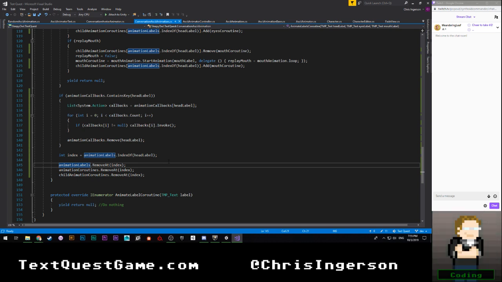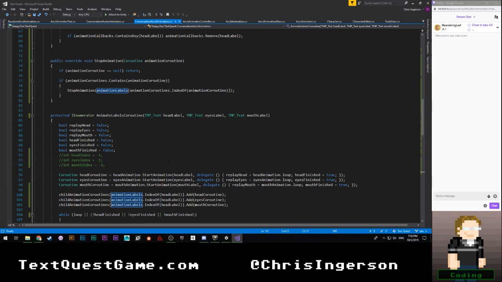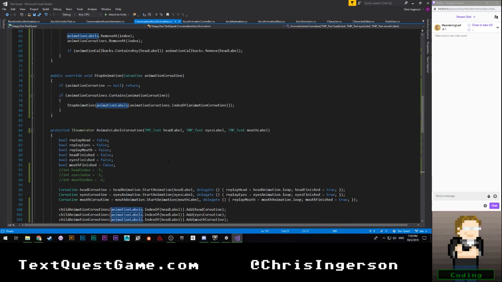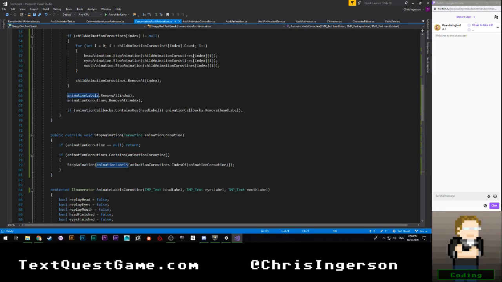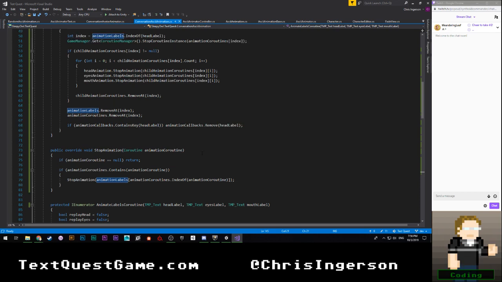Animation callback, stop remove. Okay, we get to our animation labels, index of animation labels. Could it have failed to stop this coroutine?